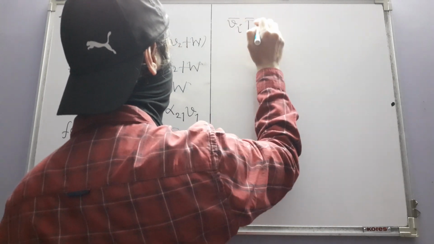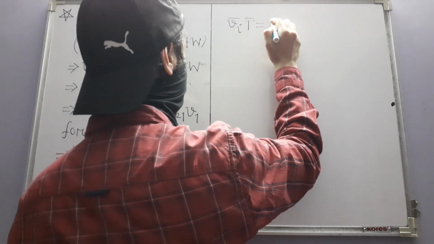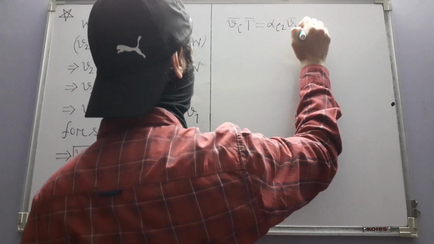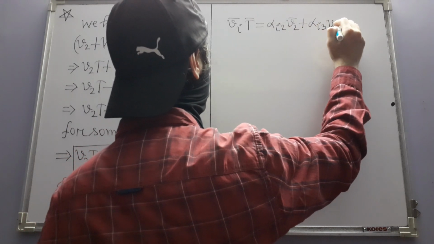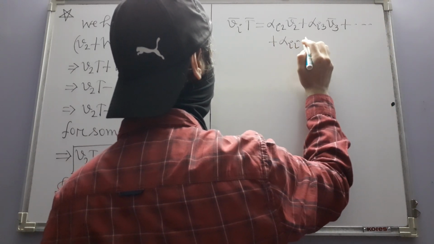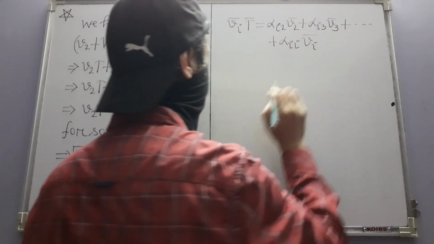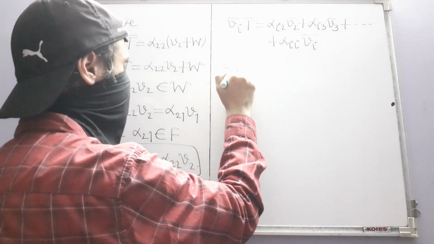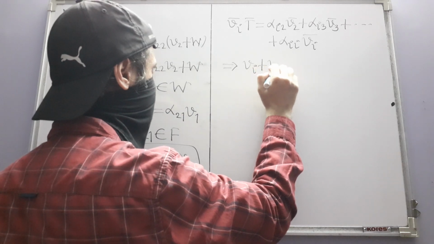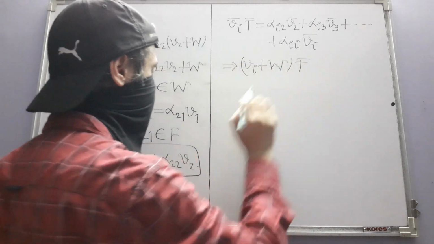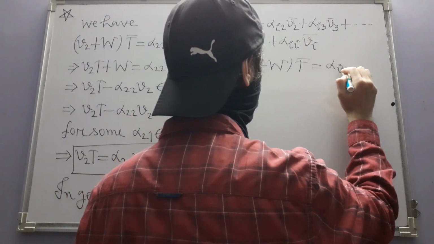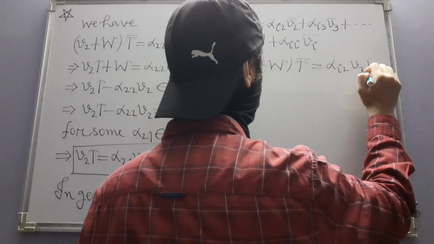Vi bar t bar is equal to alpha I2 V2 bar plus alpha I3 V3 bar, like that till alpha II Vi bar. Okay, so just like that thing, here you have Vi plus W on which you will apply t bar. And on this side, on the right hand side, we have alpha I2 times V2 plus W